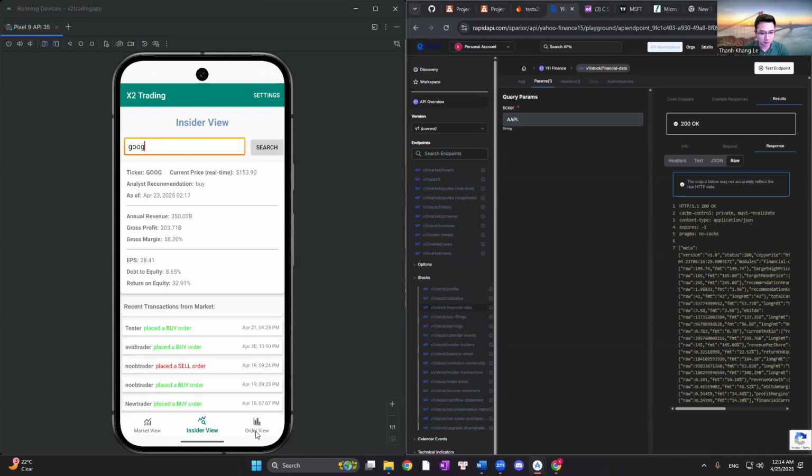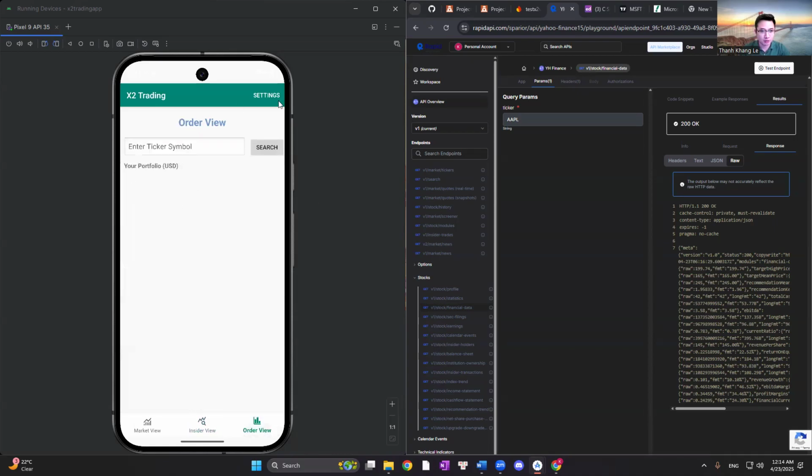Next is the order view. Since this is a completely new account, your portfolio is obviously empty. But in here, the search bar functions exactly the same way as the insider view. Once the user enters the ticker,